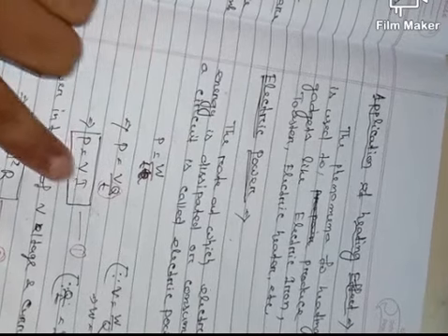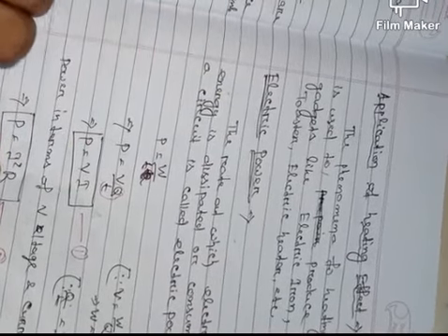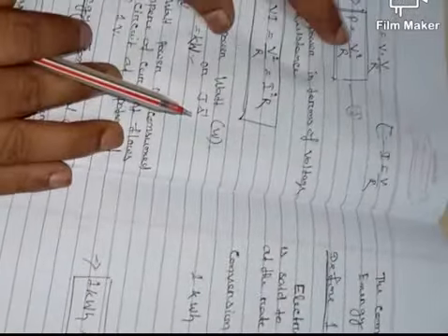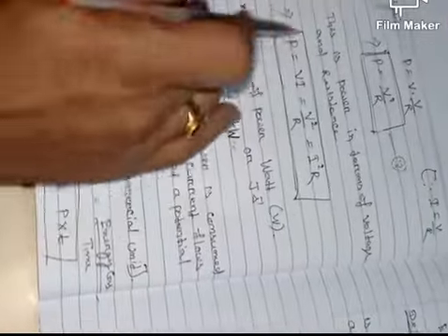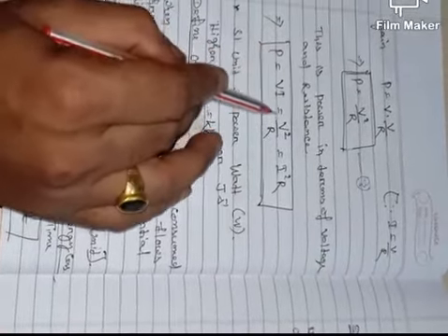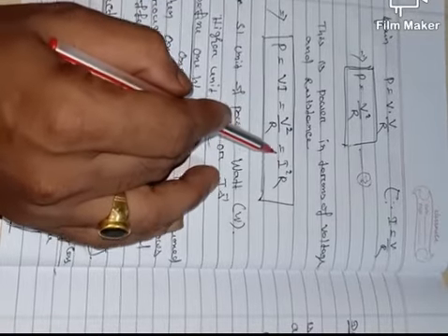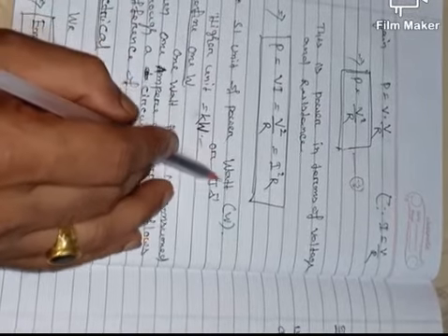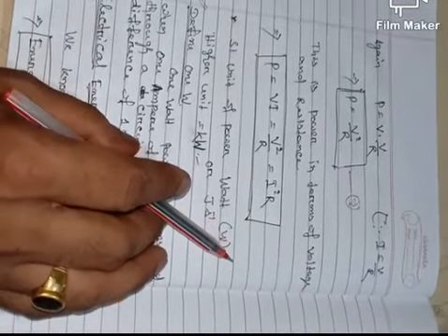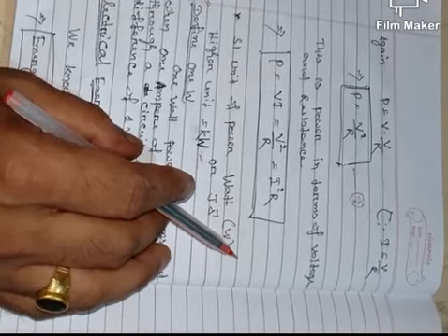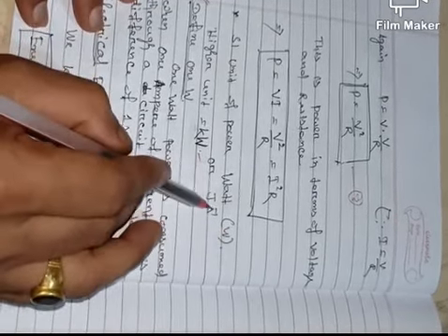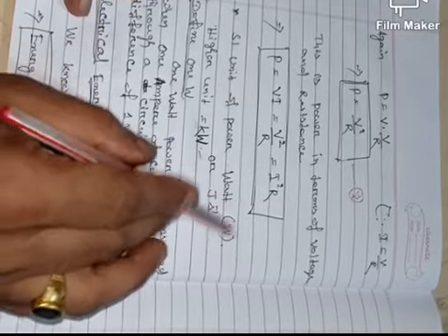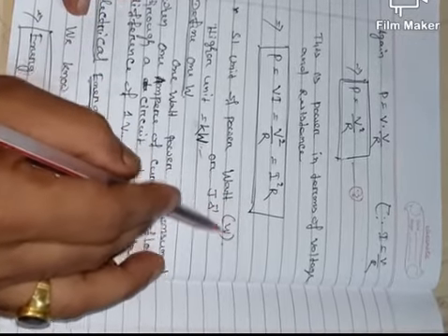From the above three equations, power is equal to VI, power is equal to I square R, and power is equal to V square by R. So we can write power is equal to VI is equal to V square by R and is equal to I square R. Okay. So now the SI unit of power is watt, because we know joule per second is also named watt in honor of the scientist Watt.